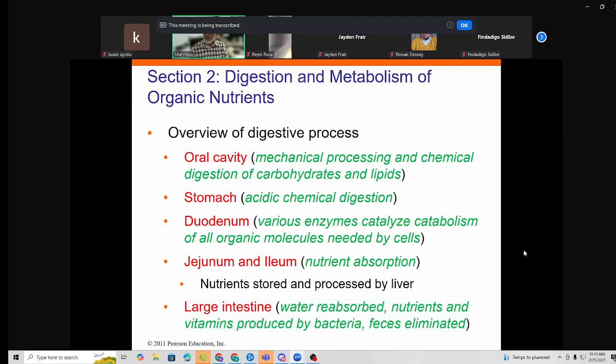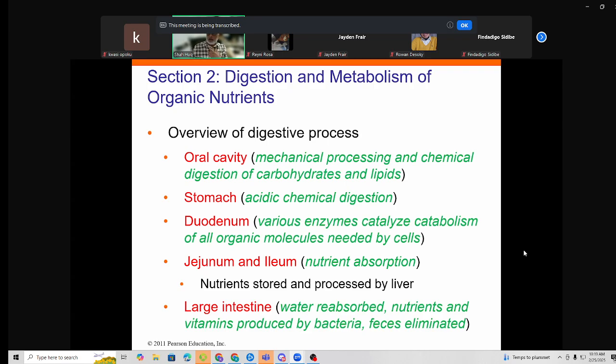We have enzymatic digestion of the protein there, and then in the duodenum of the small intestine, we have many catalytic enzymes. That means it is the one which breaks down most of the organic materials which are not digested or incompletely digested in the stomach. And after that, the jejunum and ileum are the place. They also have some finishing of the digestion, but mainly it is the place where the nutrients are